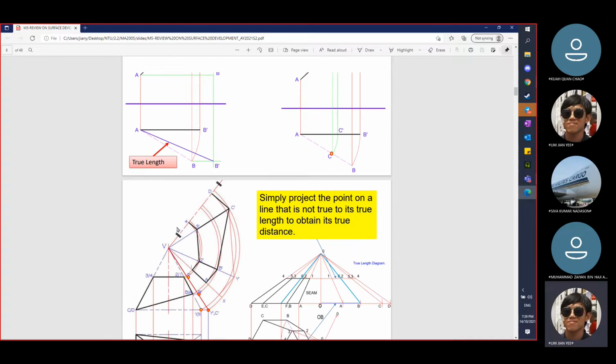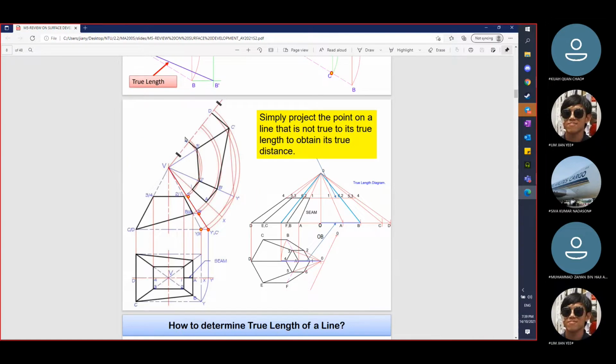Imagine you have a shape like this. Ignore these parts first. If you look at it on a larger scale, it is technically a pyramid. So you can open a pyramid up, and to find true lengths,